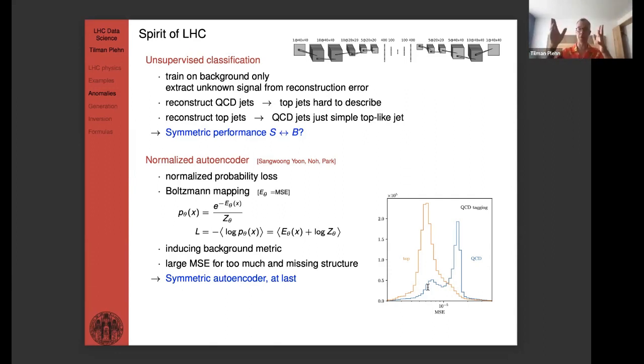There are two reasons that you might want to look at a bunch of jets. One is you want to look for new physics, if you're ambitious. And then there are also the more conservative people who say, I just want to understand if my detector worked, but then exactly the same question comes out: do my jets look like they should? And I know, for instance, CMS is using these autoencoders for quality tracking of their data. So that's a very, very big step.